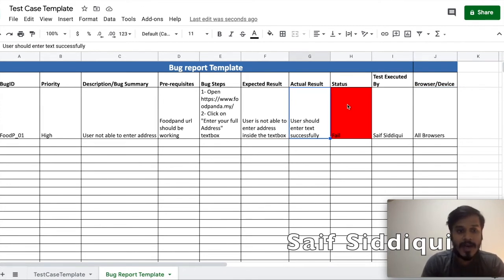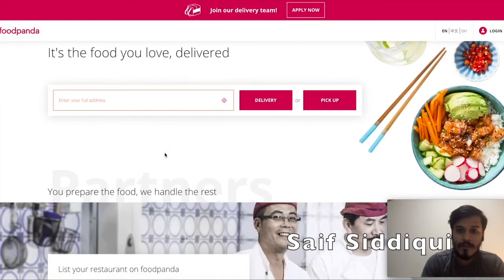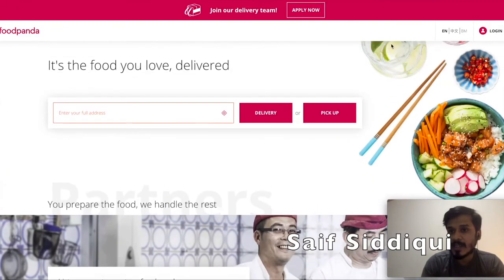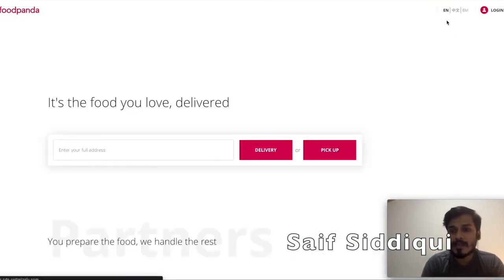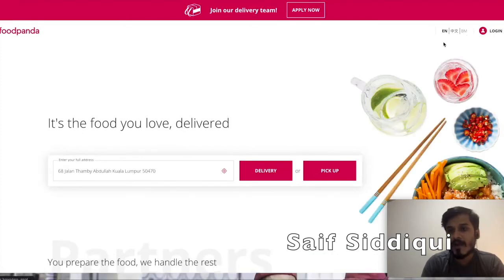Now let's write one more bug report. So if we go here, maybe we can see, okay, this is the language of the website, localization and translation. So I will see if on tapping on these things, it is working fine or not. Say for example, it is not working fine, for me it is a bug. So if it is not working fine, how am I going to write the bug for that?